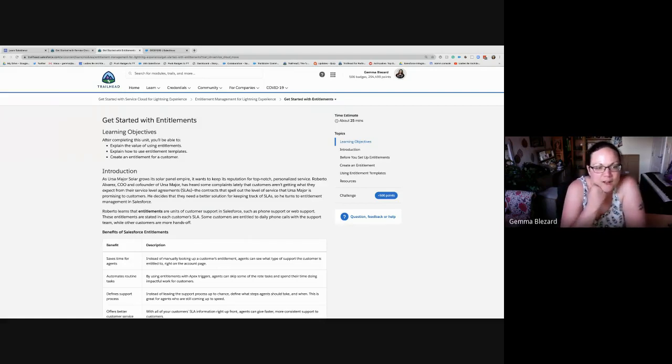Now, entitlements are designed to support those processes. So as Ursa Major Solar grows its solar panel empire, they want to keep their reputation for really, really good personalized service. They've heard some complaints lately that customers aren't getting what they expect from their service level agreements. And for those of you who aren't aware of what an SLA is,